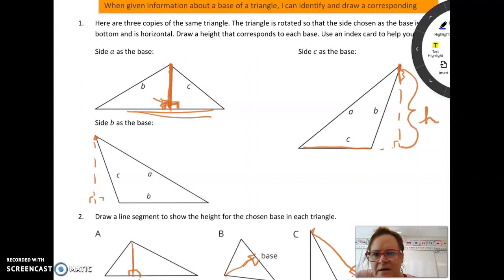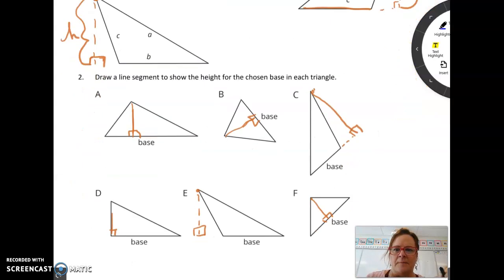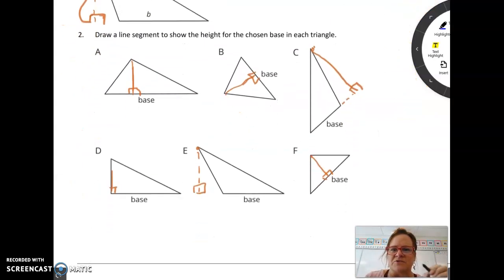And then if side B is the base, I kind of had to do the same thing. So this is the opposite vertex, and then I come straight down, make a 90-degree angle, and this is the height. You have to do the same thing here in number 2. We're drawing a line segment to show the height for the chosen base. So in A, if the base is here, then the height is right here, forming a 90-degree angle. Same with B. In C, we have to go to the opposite vertex, come right down, and this becomes the